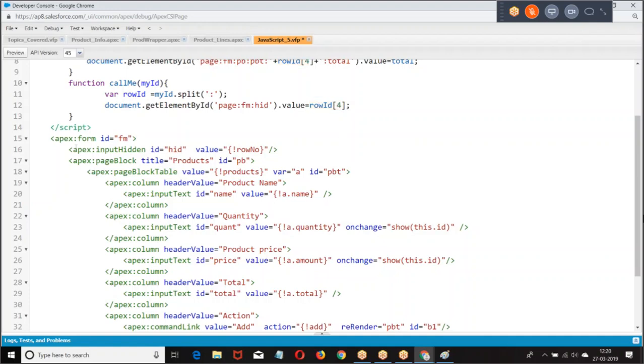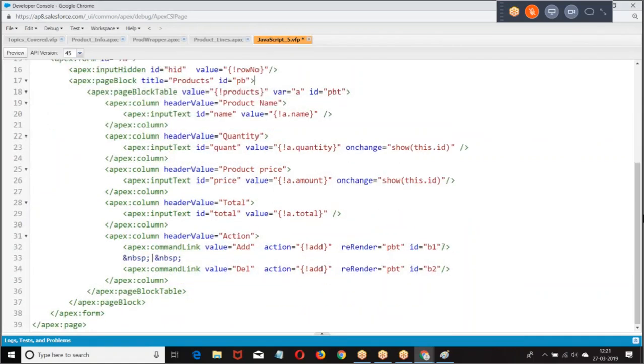Now if I set the value to this element, automatically you are setting the value of the row number. So on whichever row I clicked, that row number I am saving in the variable called row number. Go back here.